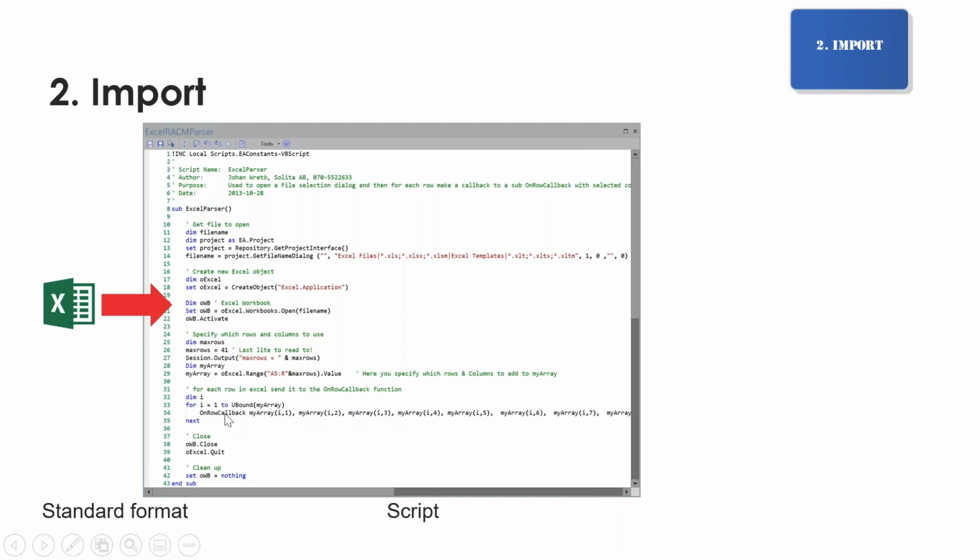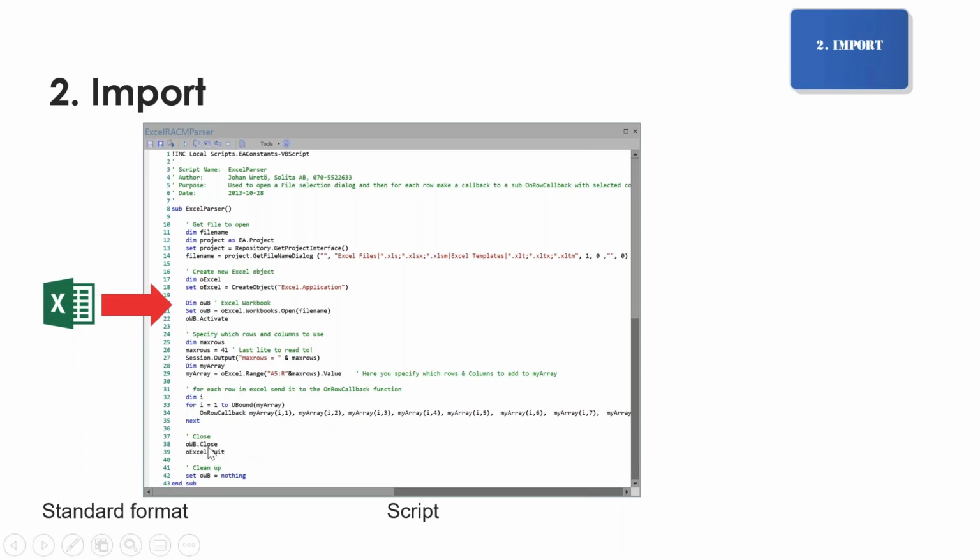So this is what we need to write to do some stuff with the data. We need to write an on-row callback. So by including this in our code and then calling the Excel parser and writing an on-row callback function, we can process the data coming from Excel and put it into our structure, put it into our diagrams, and whatever we would like to do with it. It's quite simple.